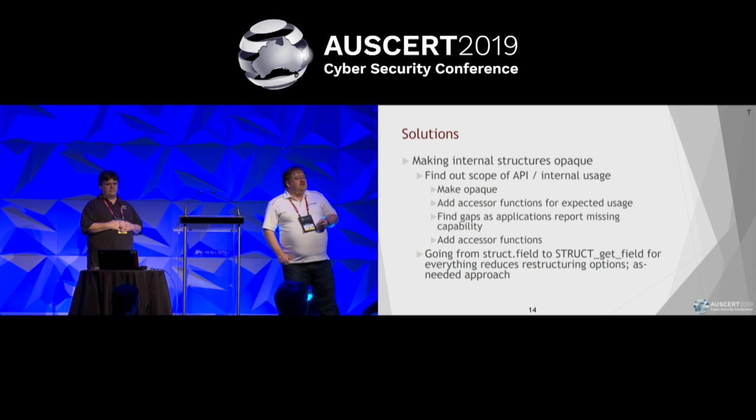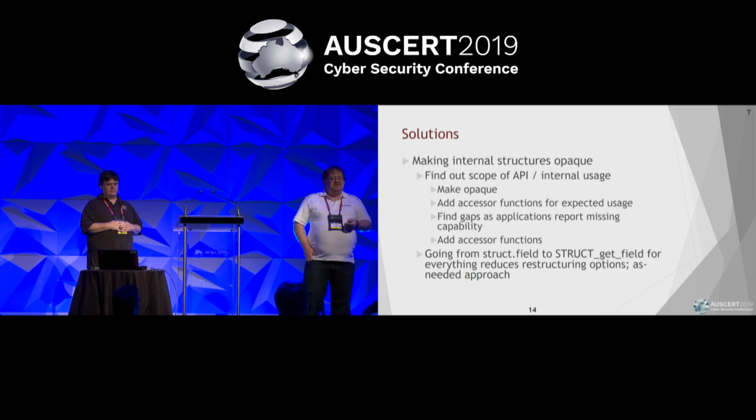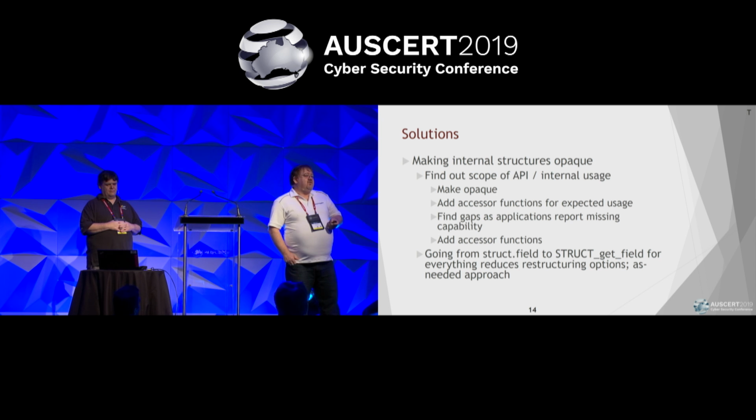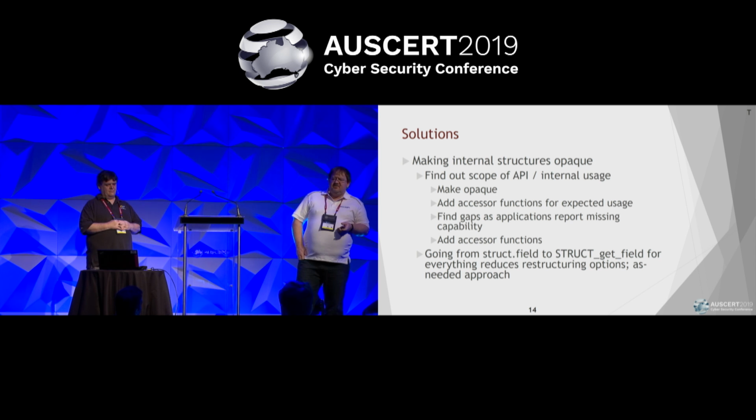So the other thing that we did is we didn't take a silly approach of looking, okay, I've got this structure, it's got 12 fields, I need to put an accessor function in for all 12 fields. We actually made a value judgment on what we thought made sense for people to access. We didn't want to provide complete access to everything because our plans were to change the internal structure. So if the internal structures are changing and we've created an accessor for every field, we haven't solved any problem.